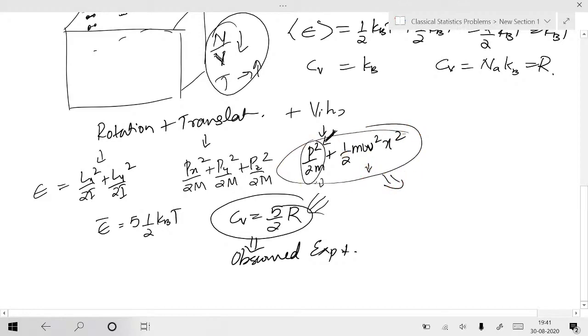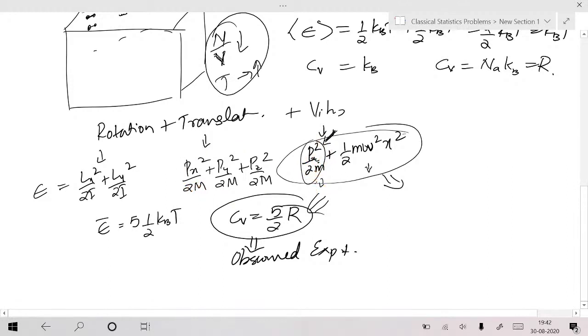But obviously vibrational motion will have 2 degrees of freedom, its own degrees of freedom: vibrational kinetic energy and vibrational potential energy. That's why it will introduce 2 more, but these are one dimensional. I had better write px here, a one dimensional part. But this is not its translation motion. This kinetic energy is because of vibrational motion.